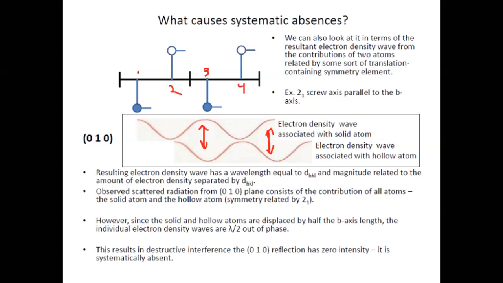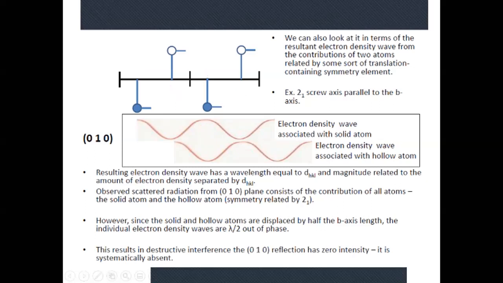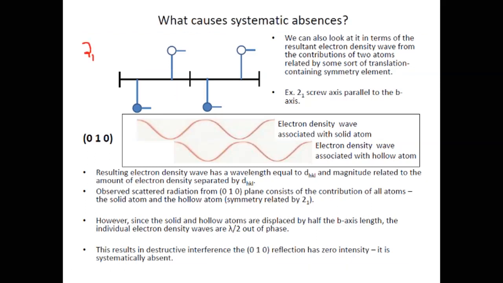So we call it systematically absent. And so that's what we're doing: we're seeing what operators are systematically absent from the reflection plane to help identify symmetry. So again, this is a 2-1 parallel to B. So what we would say is a 2-1 parallel to B,